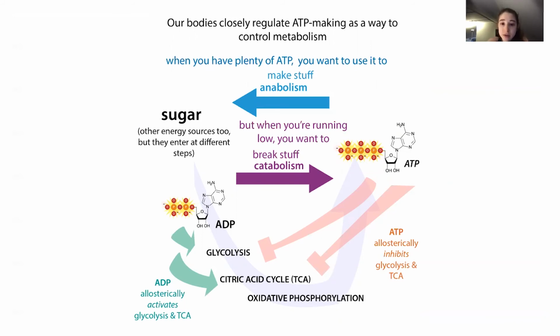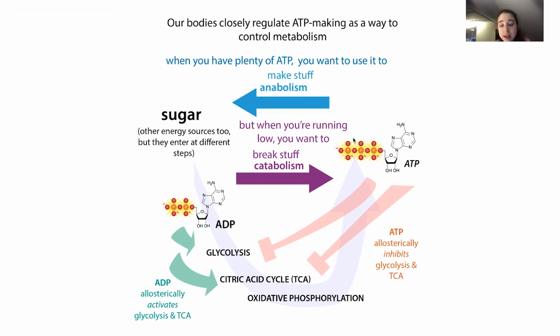So if you think about what's going to happen, if you have a lot of ATP, then you're going to want to make stuff, right? And so when you're making stuff, then you're going to be decreasing the amounts of ATP and making more ADP. If you have a lot of ADP, now you're not going to want to make stuff, or at least you're going to want to get more ATP before you can make more stuff. And so you're going to need to do catabolism. If you have ADP, you're going to need to break down more to get ATP.